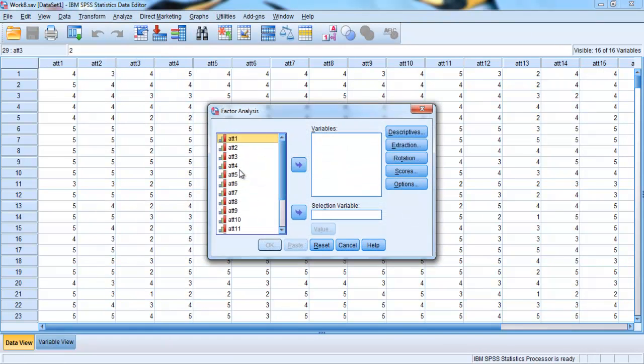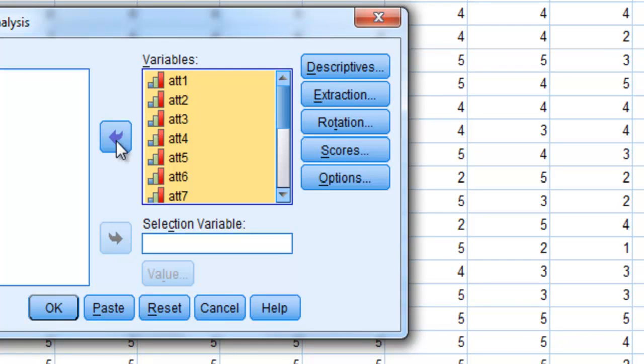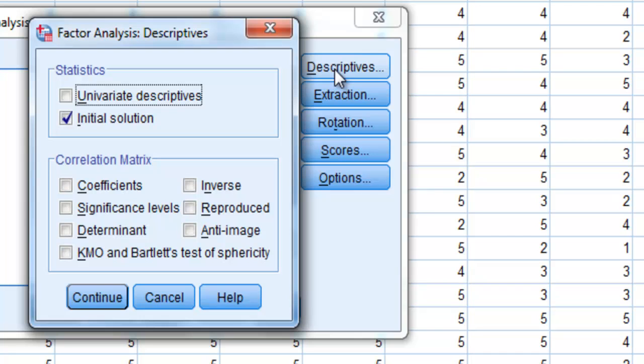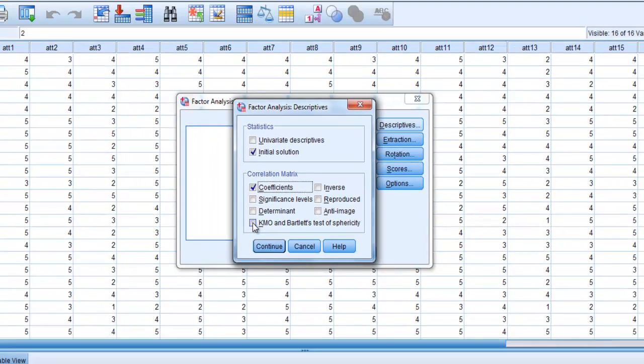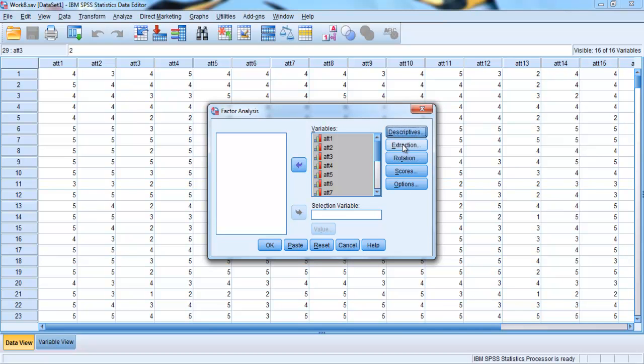So to conduct factor analysis, we are going to click on the Analyze menu and then Dimension Reduction and then Factor. So we will select all the variables and click the push button and then click on descriptives. Once you've clicked on descriptives, click on coefficients, click on KMO and Bartlett's test of sphericity, click on anti-image and ensure that the initial solutions in the statistics box is checked. Then you click on continue and then you click on extraction